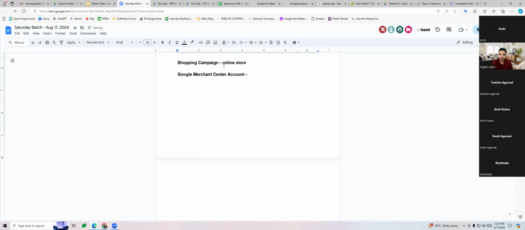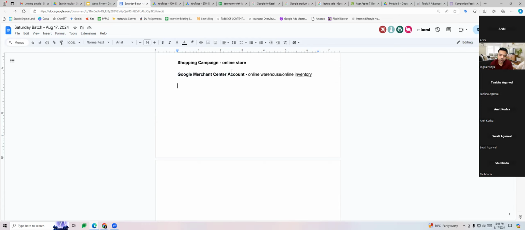This is like an online warehouse which you will have to maintain, or we call it online inventory, which we will have to maintain. So in order to create a shopping campaign and run shopping ads, this is one mandatory requirement. You will have to come to this account, Google Merchant Center account, and you will have to open an account with them.